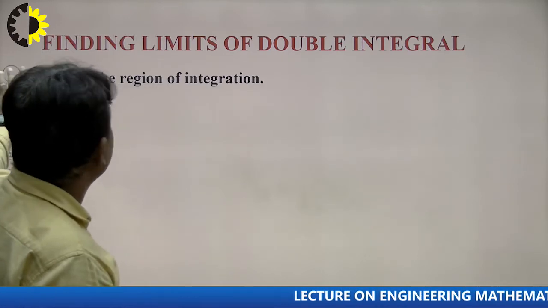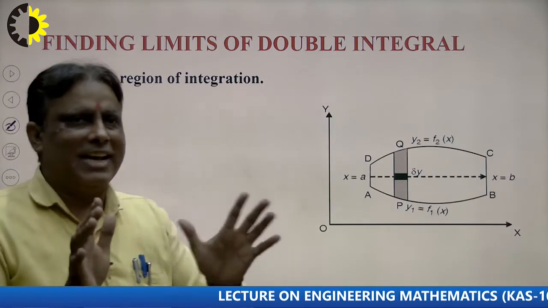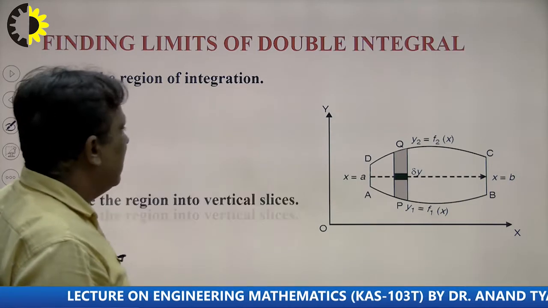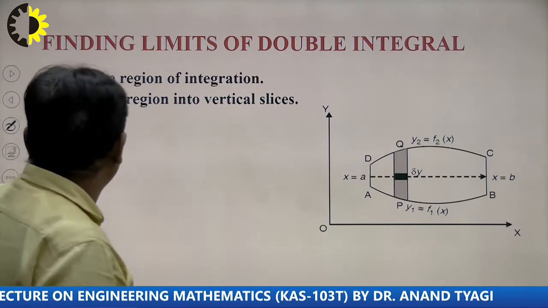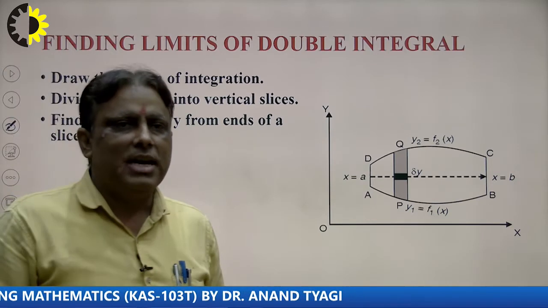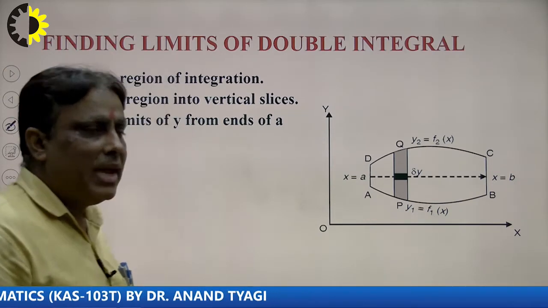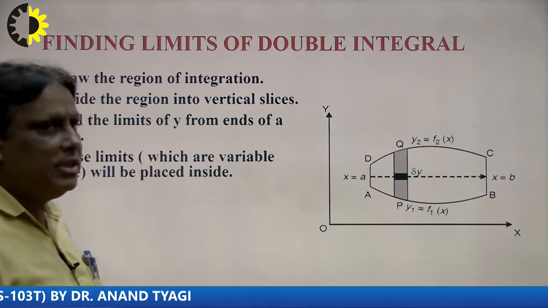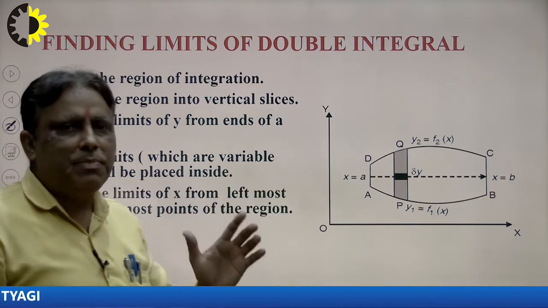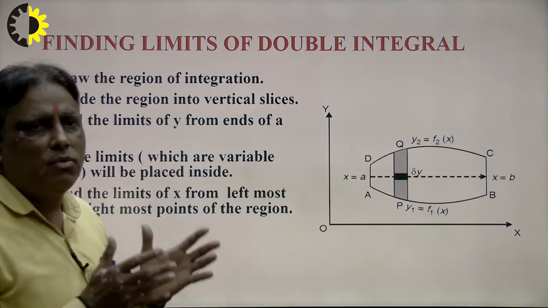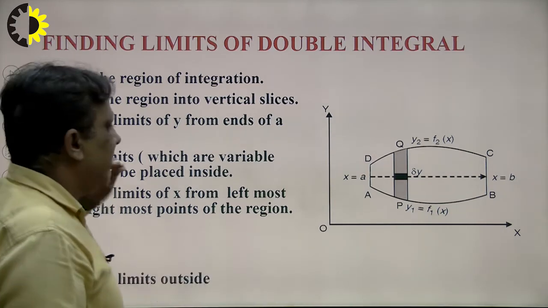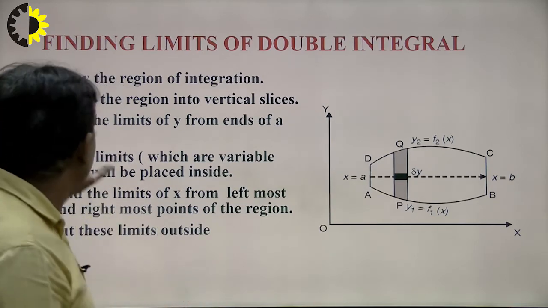What is the criteria of double integration? First of all we draw the diagram. In the previous slide I explained how to draw the diagram, and then take the limit parallel to the x-axis as well as parallel to the y-axis. Divide the region into vertical strips and see how to take the limit of y along the ends. So we see very carefully, one limit will be a variable and one is constant. Suppose I want to take a strip parallel to the x-axis, that means we take the limit of the strip first, which will be in the form of a variable, and the other limit will be constant here. Put this limit on the outside and solve the problem.